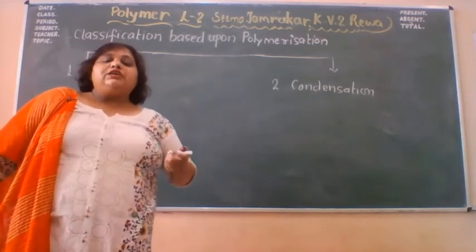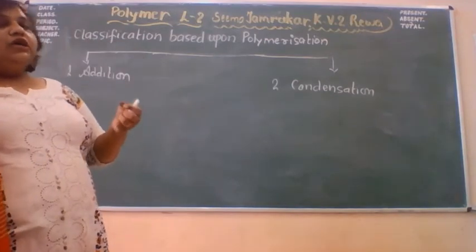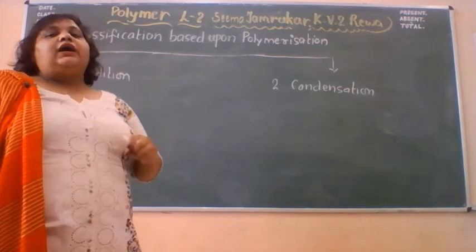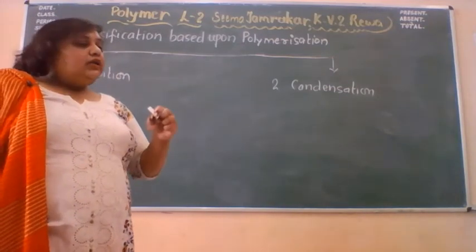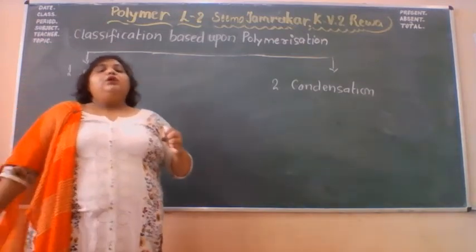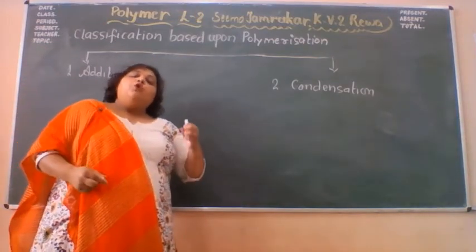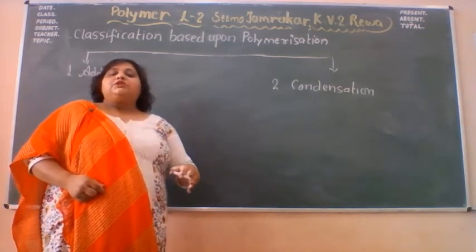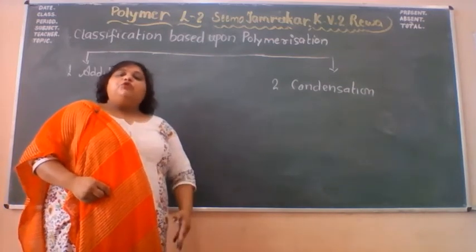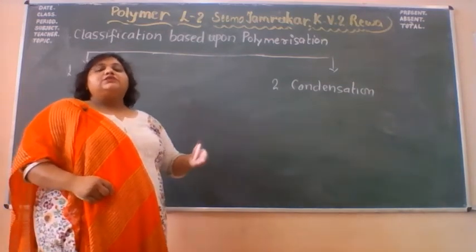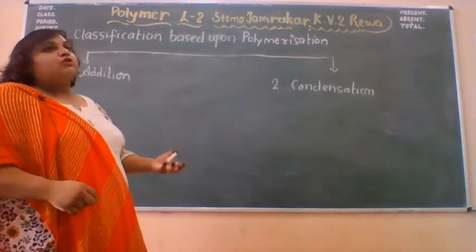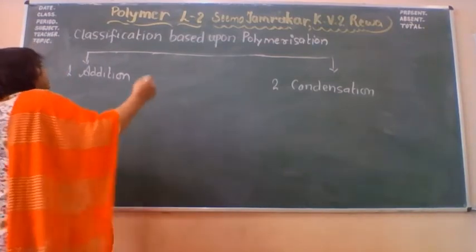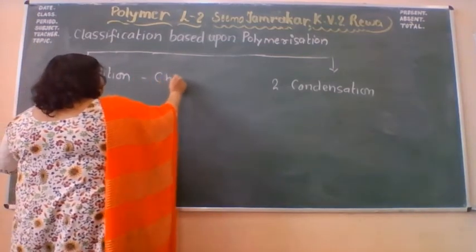What do you mean by the chain process, dear students? That means if you start the reaction in one molecule, this will carry to the next molecules also. The reaction will not stop after the formation of one polymer or after the linking of only two monomers. After the two monomers, a third monomer, fourth, fifth, sixth monomer, likewise the process will take place. This kind of reaction is called the chain reaction.